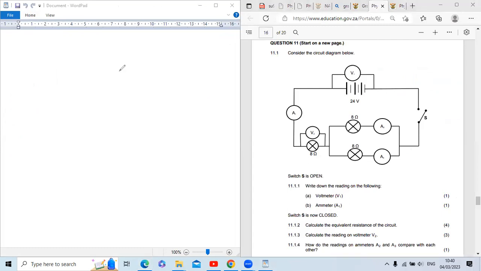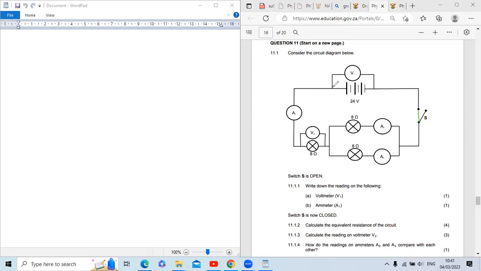Okay, so we have the diagram as it is given to us. And they say the switch S is open. I also forgot to tell you about the switch, but I'm pretty sure it's not that complex an operator: when it's open, there's no electricity flowing through, and when it's closed, there is electricity flowing through the circuit. So when they say the switch S is open and they want you to write down the voltmeter reading,